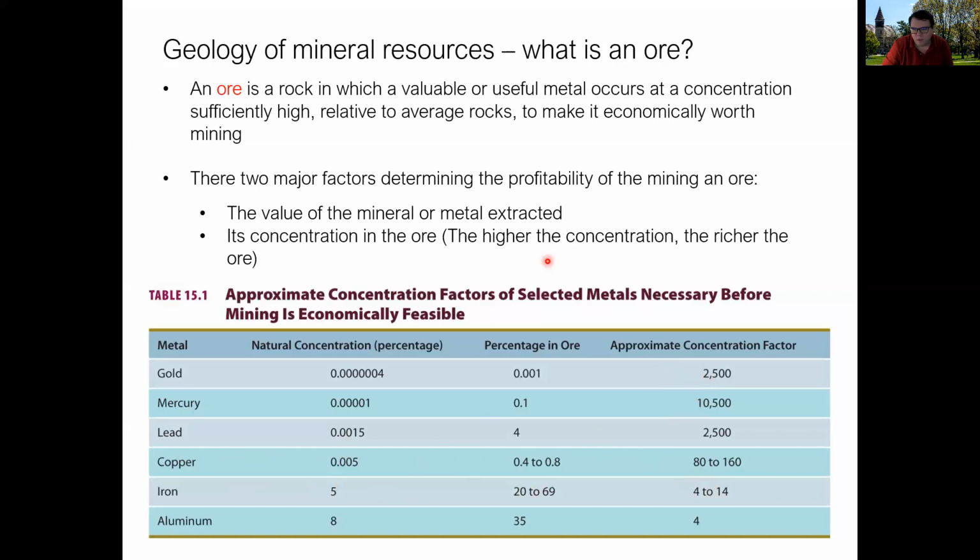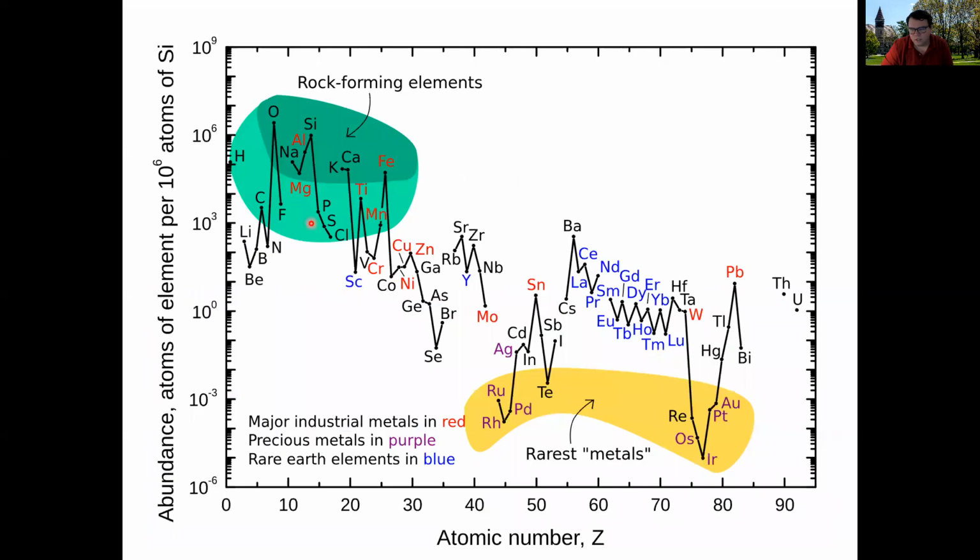So the key aspect of all this, of course, is that this gives you a sense of the approximate concentration you need to have an economic ore. But again, ore is something that's valuable or useful, it could be a metal or other resource at sufficiently high concentration. And whether that concentration is sufficiently high is partly going to depend upon the economics. You need both of those things to have a successful ore deposit: valuable material, the mineral and material, and elevated concentrations. So this just gives you an image of the relative concentrations of various things.